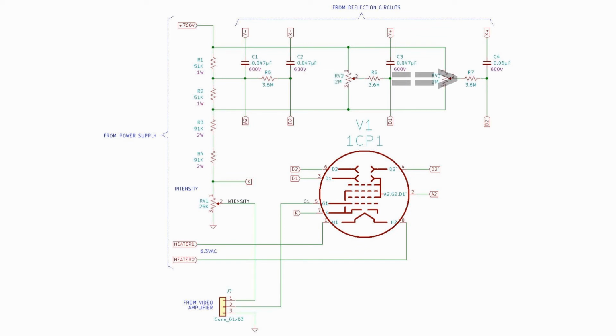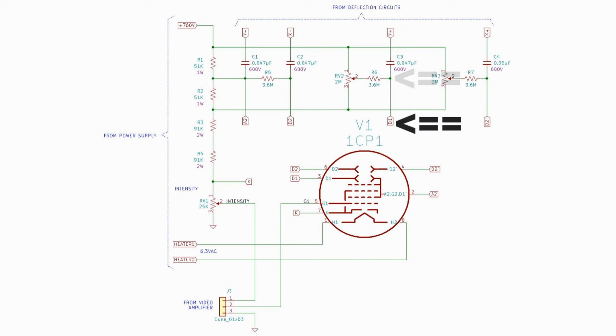So the 4 deflection signals from our differential amps enter at the top through Y minus, X minus, Y plus, and X plus, and are AC coupled through C1, C2, C3, and C4. They're added to the DC components that are present at the node between R1 and R2, a buffered node with another 3.6 meg resistor going to deflection plate 2, and the 2 DC reference voltages at the node of R6 C3